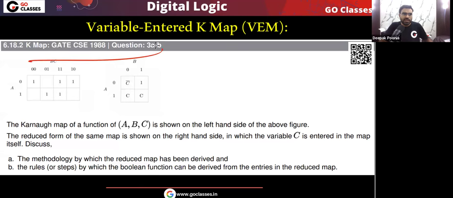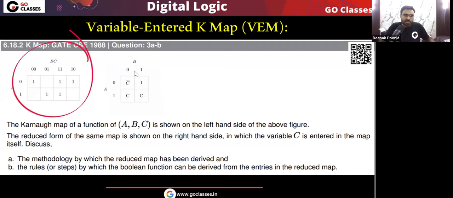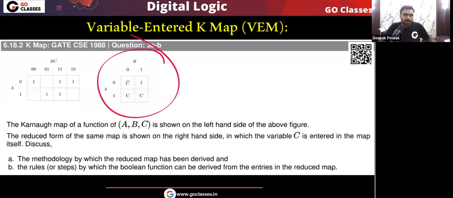Let's take the 1988 question based on the concept of variable entered K-map. Here you can see 2 K-maps are given to you, and these 2 K-maps are for the same function.